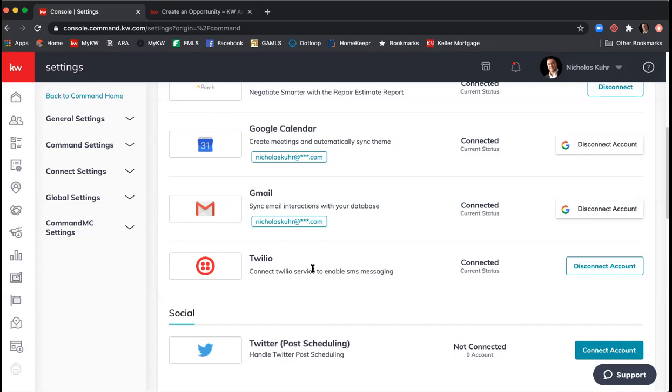Another thing with Twilio is that you can't use your own personal phone number. They will automatically assign you a text message phone number. Because you're with KW, it'll default to an Austin, Texas number. But for $1 a month, you can rent an Atlanta area code. Your first thought's going to be, but wait, if I start text messaging my database, no one's going to know that's for me because it's not my phone number,